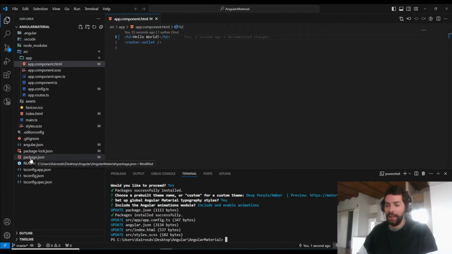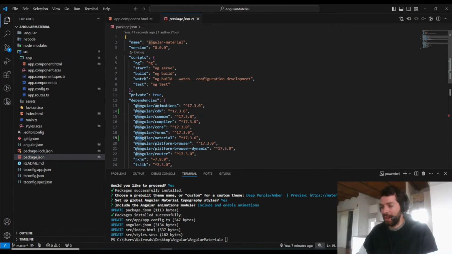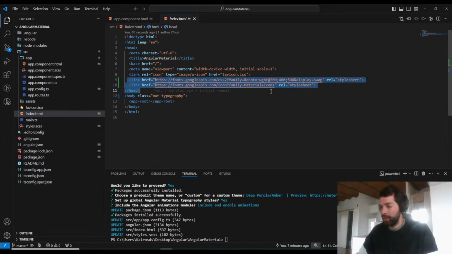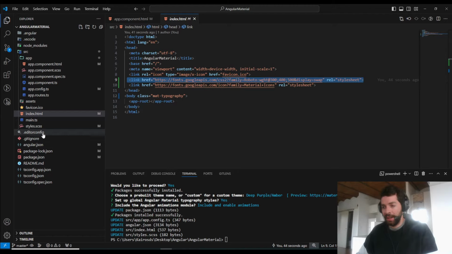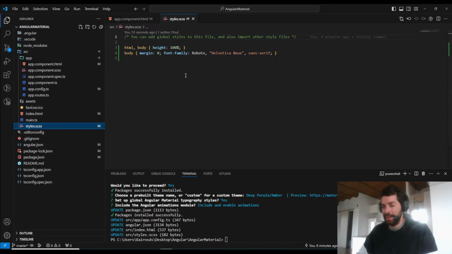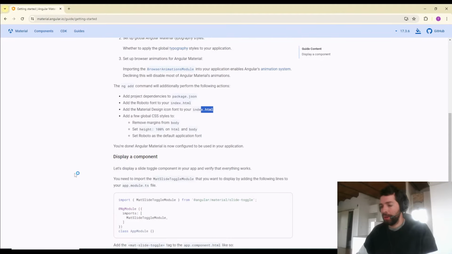For example, here in the package.json, in the dependencies, this line was added. Here in the index.html, these two lines were added, one for the icons and this one for the styles. And here in the global styles, these two lines were added. Okay, so I will go back, we finished with the configuration of Angular Material, and then here we have an example